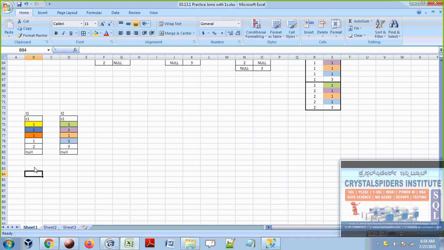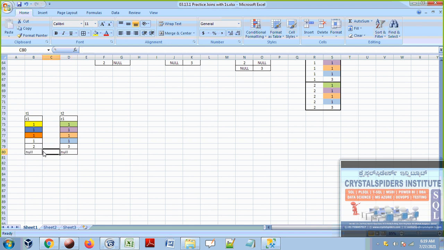No, null represents an unknown value, something unknown. You have to understand it like that. Null means there is something, but it is not known. Is an unknown value equal to another unknown value? That is false. They never and ever match. Some unknown value equal to some other unknown value, is that true or false? That is false. So these two never match.